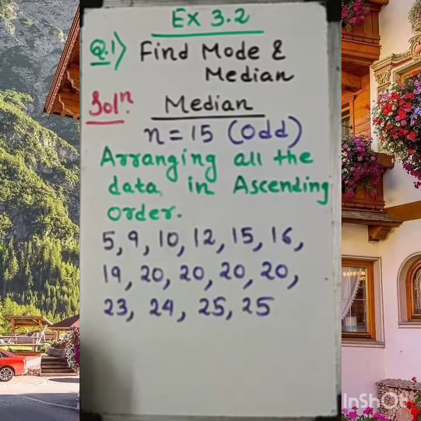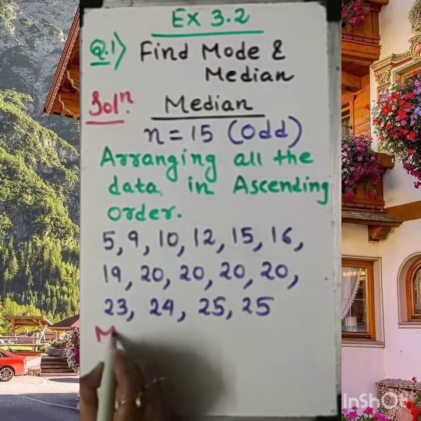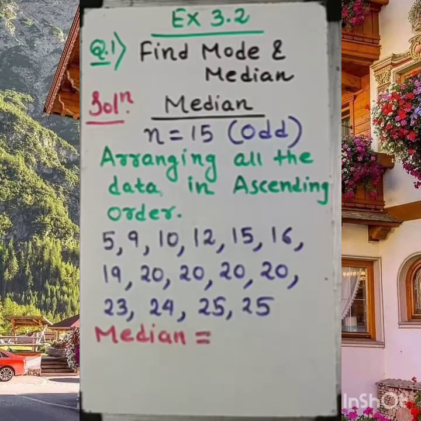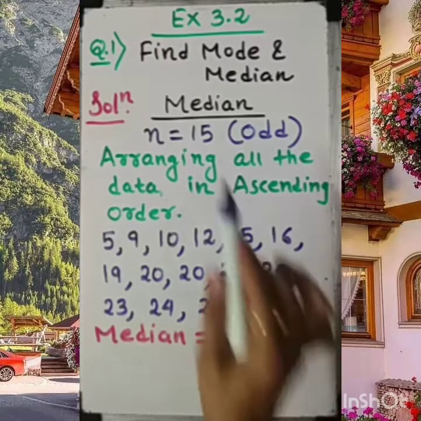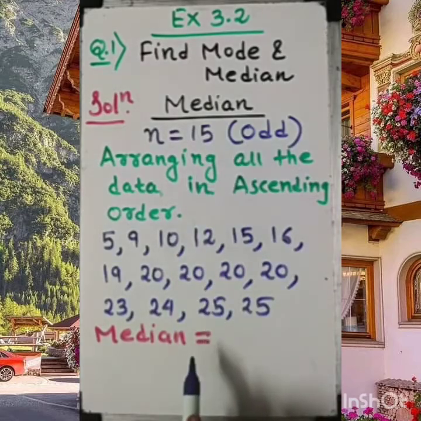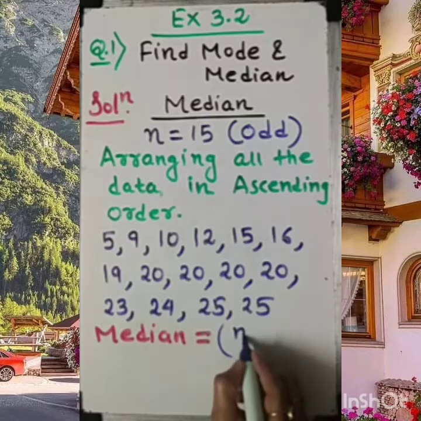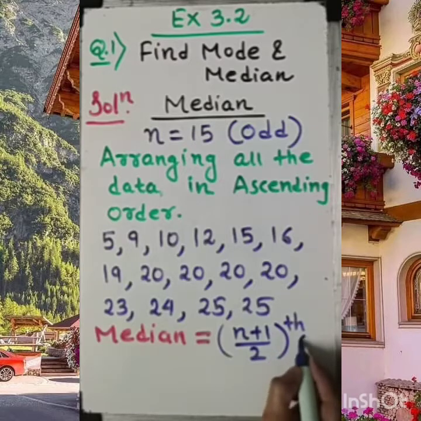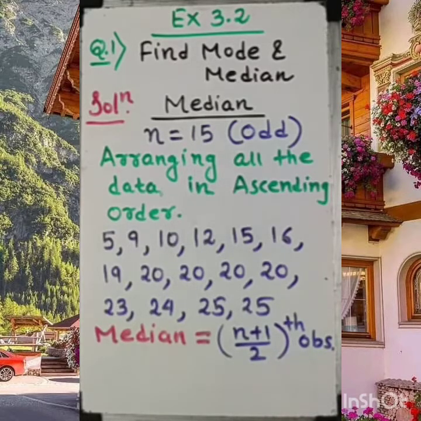Now dear student, here I am introducing the formula to find the median of the given data. So how to go with that? Very simple. Median equal to, what is the formula? To find the median, there is one formula for the odd number. Okay, this is the formula to find the median for odd number. Median equal to (n plus 1) by 2th observation. (N plus 1) by 2th observation.